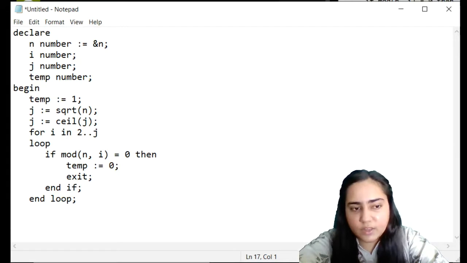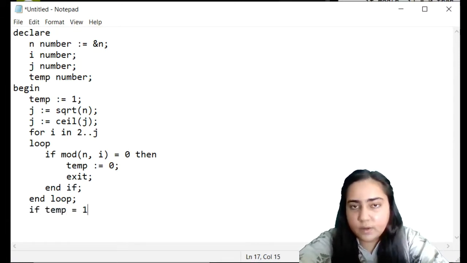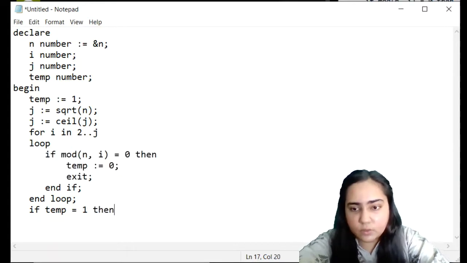Now I need to check if the temp variable has changed. Initially, I had made it 1. Now I need to check if it has become 0. So if it has become 0, then that means the temp variable did really change. If temp is equal to 1, that means it did not change here. And if it did not change, that means the number didn't get divided by anything. So if this is the case, then